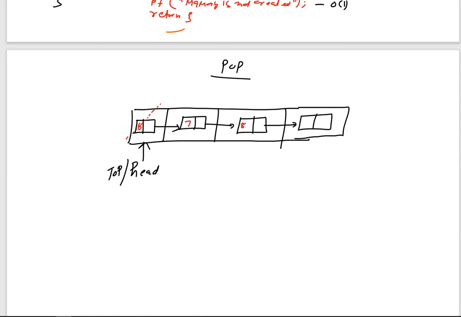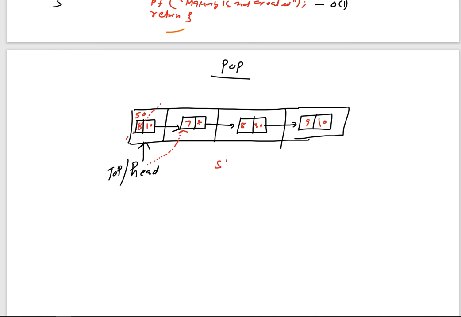Let us suppose this is containing some values, let us suppose this is 6, this is 7, this is 8, this is 9, and this is the last element. These are some memory locations: this is 10, this is 20, this is 30, and so on. Let us suppose this is 50. I want to delete it, and after deletion, what is the new position of the head? The new position of the head will be this one. So how can I do that?